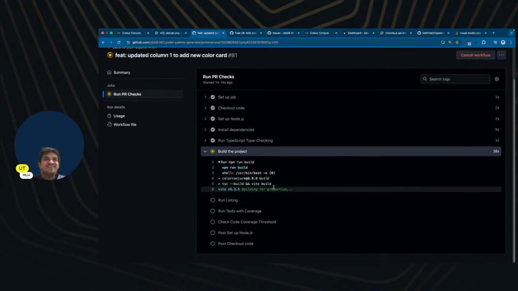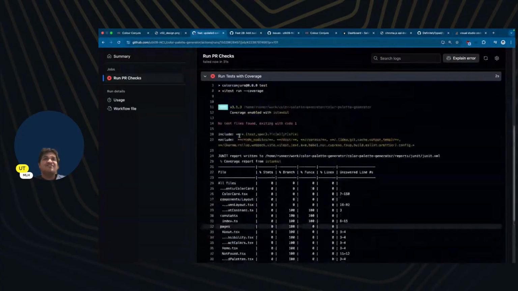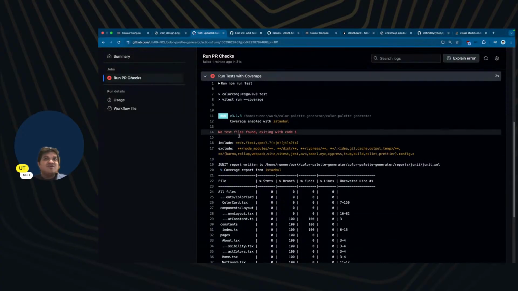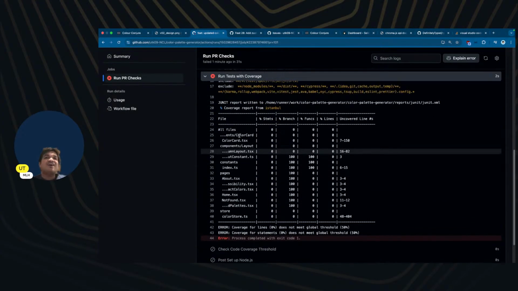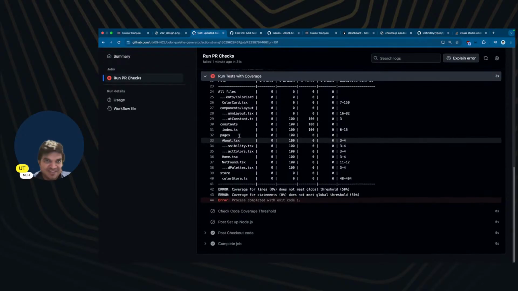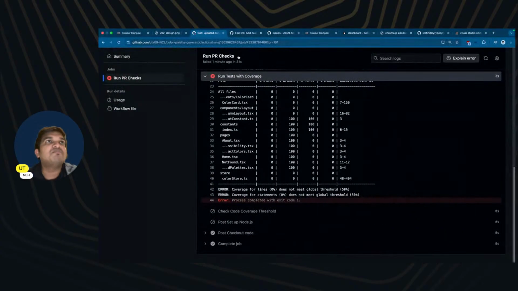This is a lot of time. It is definitely. Oh, finally. Oh, testing fails because there are no tests. Ah, maybe that's why. Anyways, so now that we have generated the shades, the last bit that I want